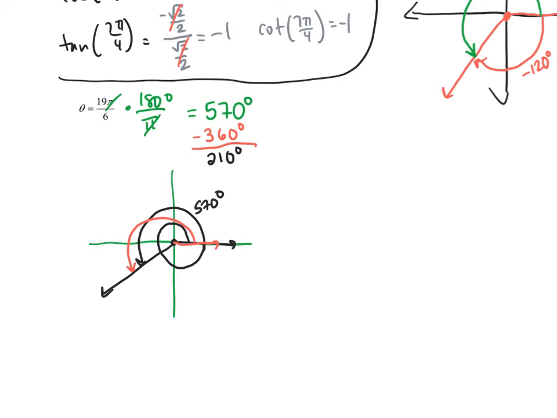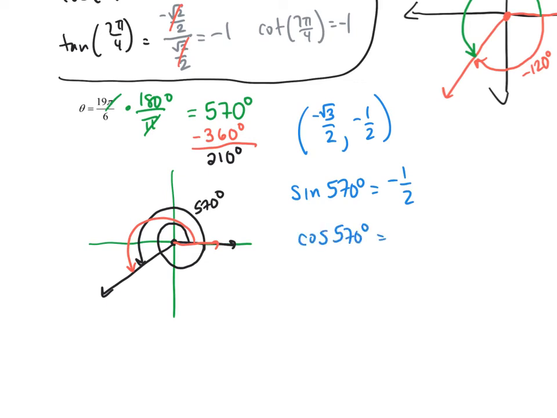So at 210, I see my point is going to be negative square root of 3 over 2, comma negative half. So the sine of 570 degrees is the y value, so negative half. The cosine of 570 degrees is the x value, so negative square root of 3 over 2. And the tangent of 570 degrees is the y over the x,